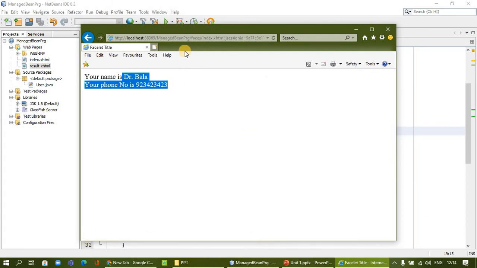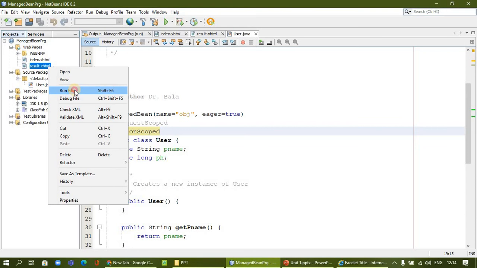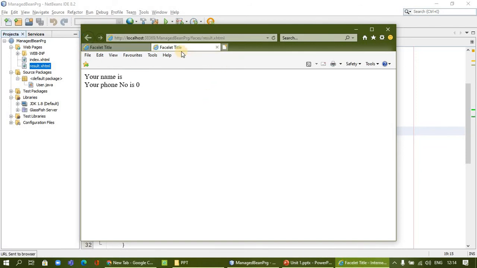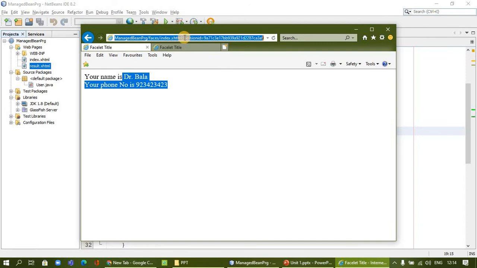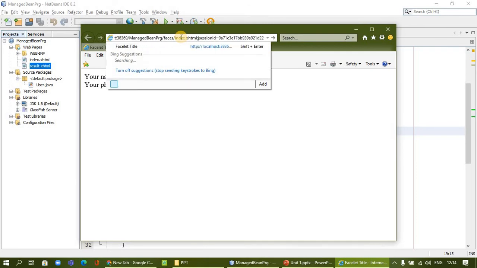Now if you run the result page, it should come, or otherwise we will also copy and paste this URL because the session ID may be missing. If the session ID is missing, let me copy this. I will put it in a new URL and I will change it here like this.